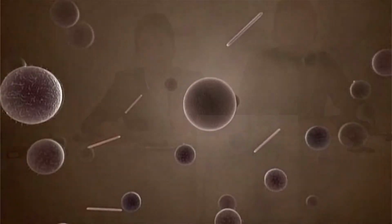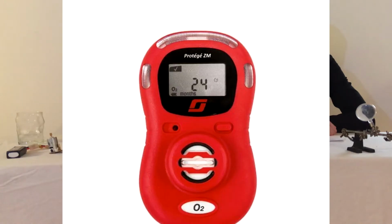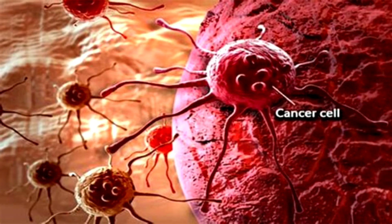To target the sick cells as well as possible, our robots are equipped with 2 systems. The first one is a kind of compass, created by the synthesis of nanoparticle chains that allows them to move in the direction of magnetic fields. The second is a sensor of oxygen concentration that allows them to reach and remain in the active area of the